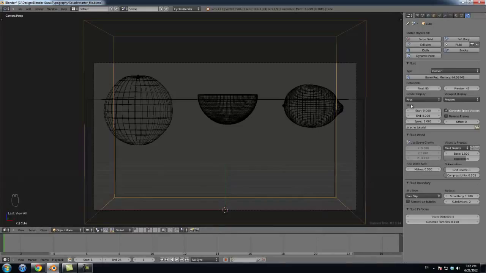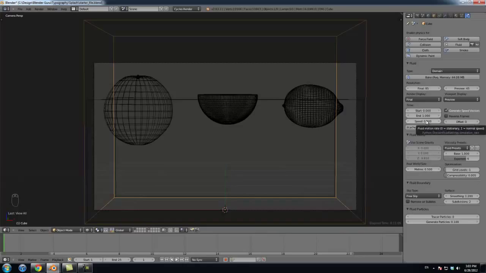Then you want to set this time field to match the length of the timeline. So I would set this end amount to be 1. Now this is in seconds. If you're familiar with video footage, 25 frames make up 1 second of footage. So setting the time field start at 0 and end at 1 means it's now baking 1 second of fluid simulation. That would mean that if you played it back in real time, it would look and behave exactly the way real fluid should. However, because this is a more dramatic shot and you want to get more detail, I'm going to set the speed to be